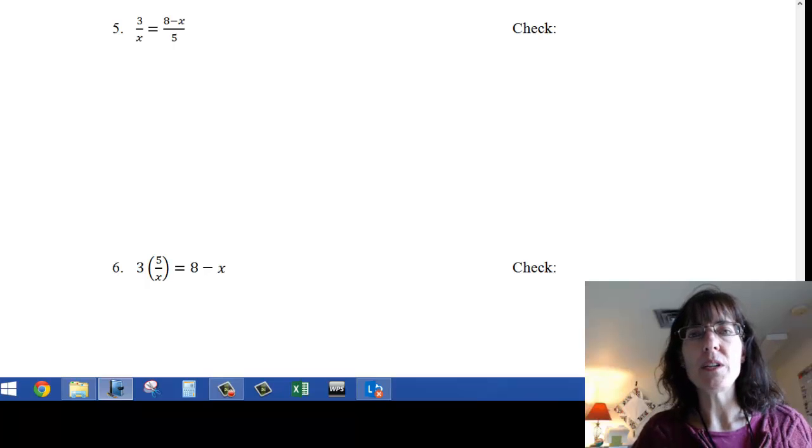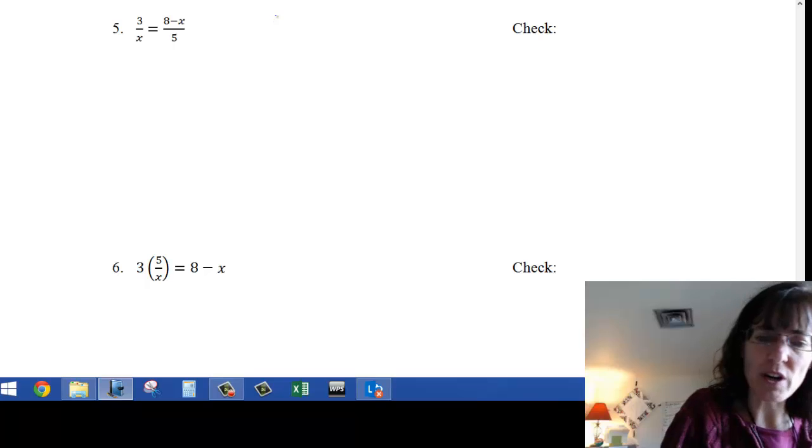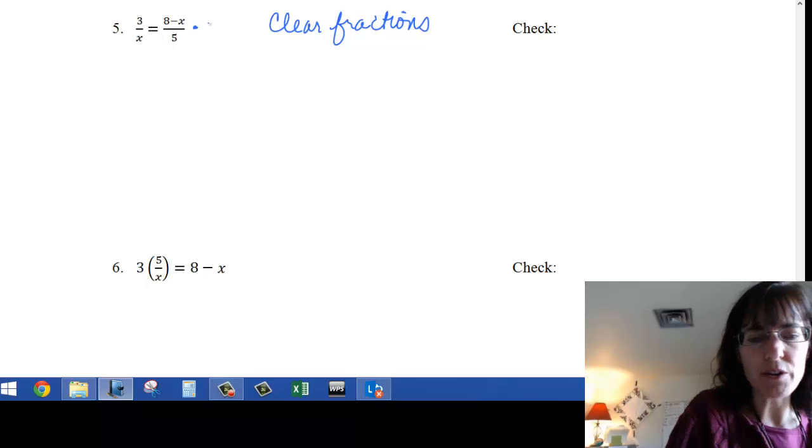All right, this one is in an unusual form. It looks like a proportion, and the first thing we want to do is set it to 0, but before we do that, we should try to clear fractions. And so what I want to do is just multiply the two denominators, so I get 5x, and multiply that